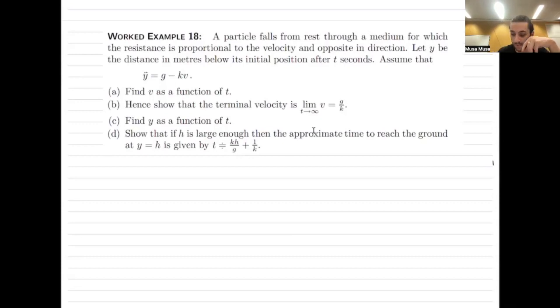And you can see that, right? Because even in here, this is positive g. So it means it's accelerating down with positive weight force. And then the drag, which is pushing it back up, has a negative next to it. So as long as you're careful,